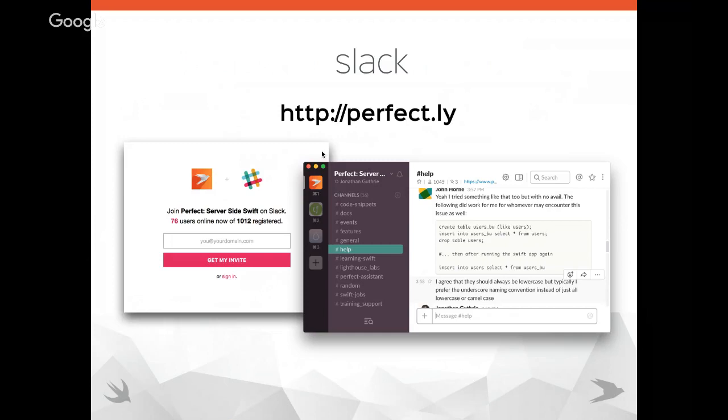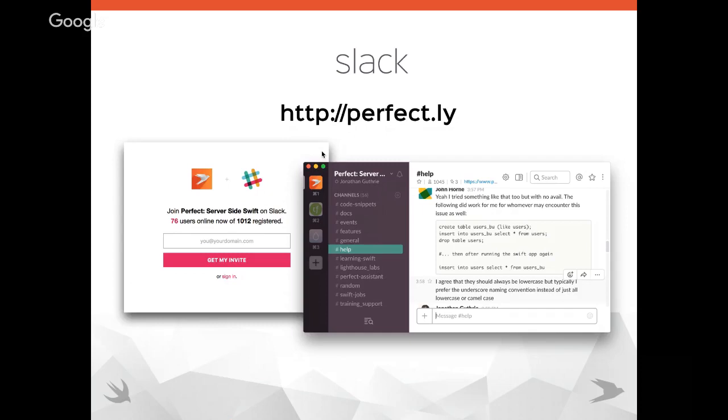You can either then use it on the web or via the dedicated client on the desktop or on your mobile device. We're there a lot. And if we're not there, then somebody else is there, okay? We obviously have general, we have help. We even actually have a learning Swift channel, and that is a channel where we specifically state there is no dumb question, only one asked, okay?